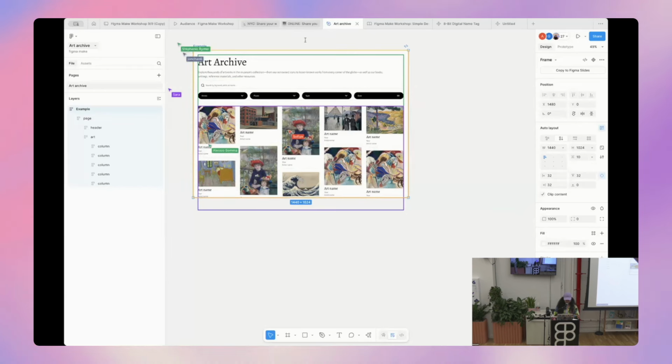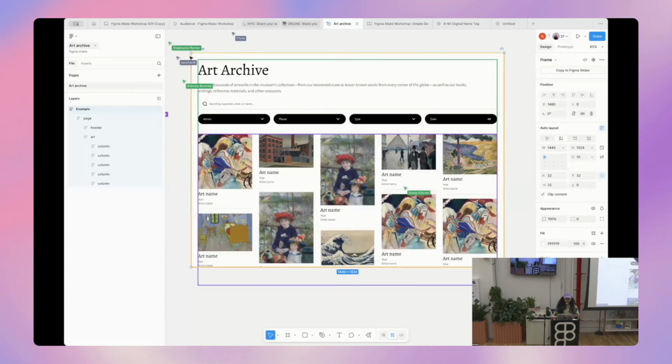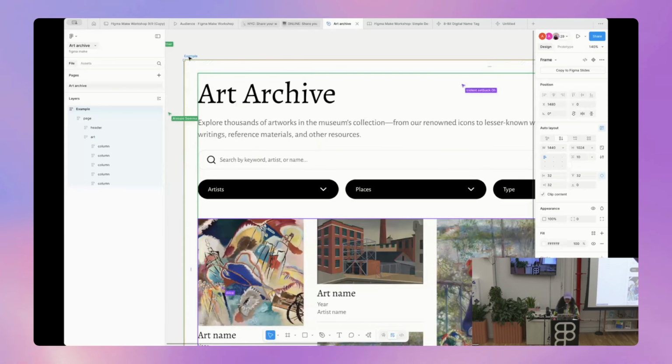So you're going to copy this, and then you're going to copy the frame. Don't copy the link to the frame, copy the frame. Click on the frame name, do Command C, and then go back to your Figma Make and paste